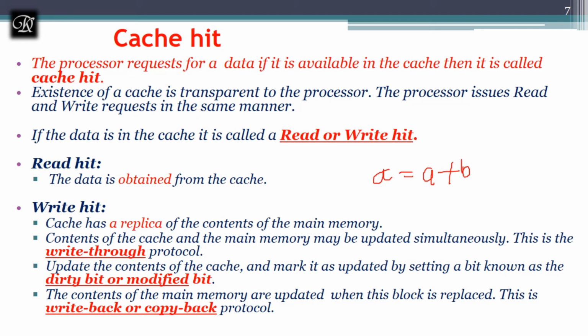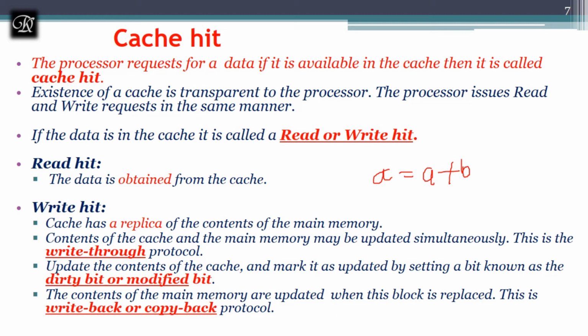Once I notice this data is modified, while replacing the block from the cache, what I have to do is update the RAM content so that the 30 is updated even in the RAM, and I will replace the new block in place of the respective modified block. This is how write is going to work. Read is very simple, but write has a more complicated structure.